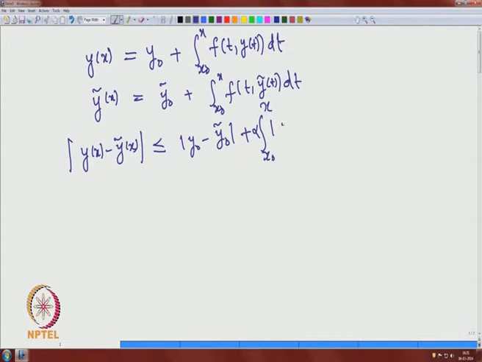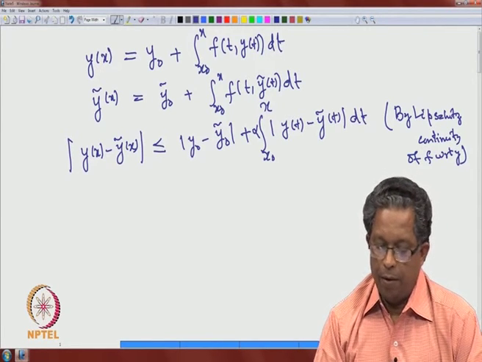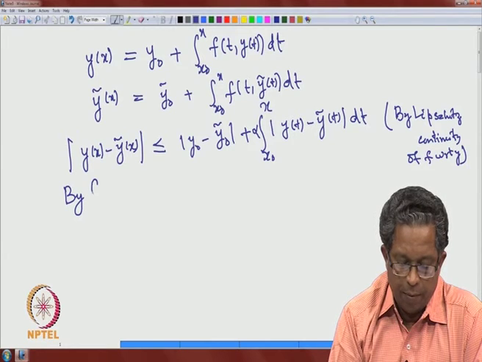So, this is alpha times the integral of the absolute value of y of t minus y tilde of t dt, by Lipschitz continuity of f with respect to y. Now, using Grunwald's inequality,